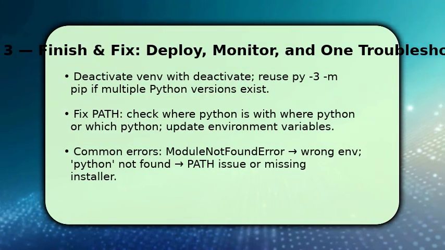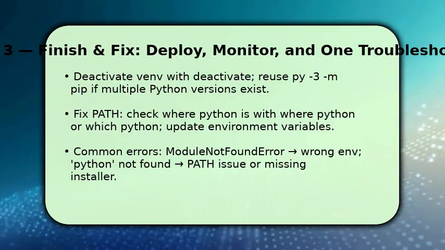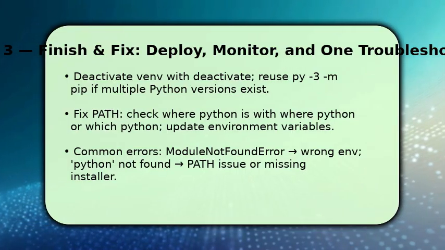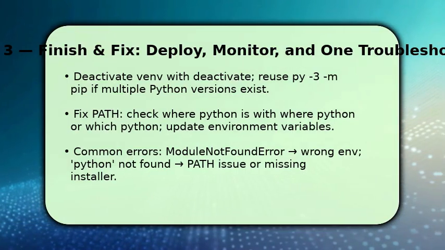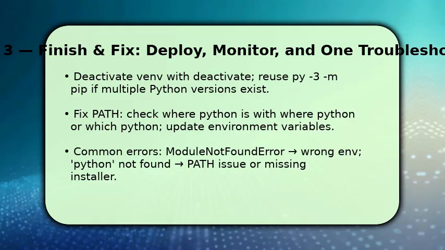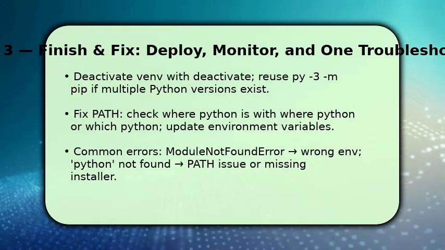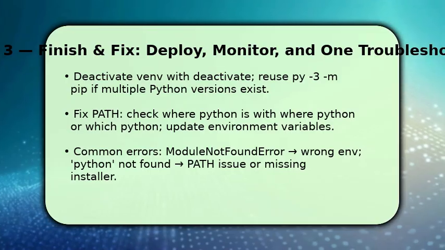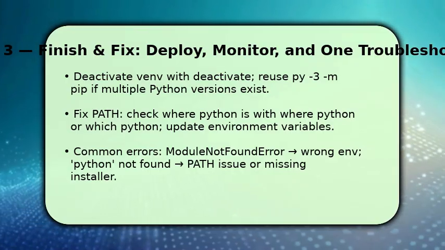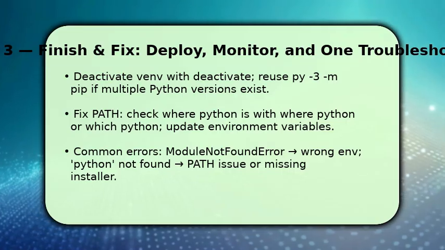Finish by confirming the workflow. Activate the venv, run your app, then deactivate when done. If multiple Python versions exist, use py -3 -m pip to target a specific interpreter. If commands fail, check where Python resolves with where python on Windows or which python on Unix, and then update